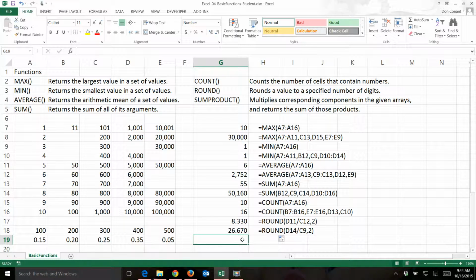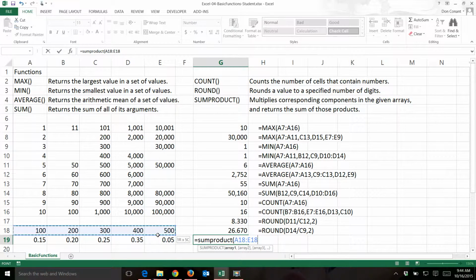The last one we're going to look at is the sum product. The sum product takes multiple arrays. In this case, we'll look at 2 arrays. It multiplies the corresponding values and then adds those products together to get a total. It takes the sum of the various products. So let's take sum product. Now I have to give it the 2 arrays, so let's just take these arrays, comma,